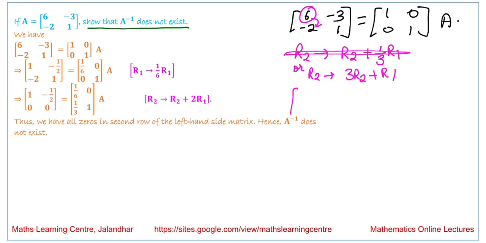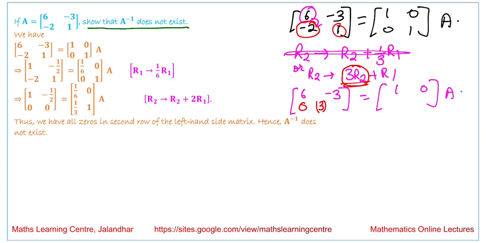So what we get is, first row is unchanged, it is 1 0 into A. In the second row we are applying 3 times row 2. 3 times row 2 means minus 6 plus 6, answer is 0. It is 3 times row 2, 3 into 1 minus 3, the answer is 0. And the answer on this side we obtain, it is 3 times row 2 plus row 1, it is 1, and this is 3. Now look at this matrix over here.